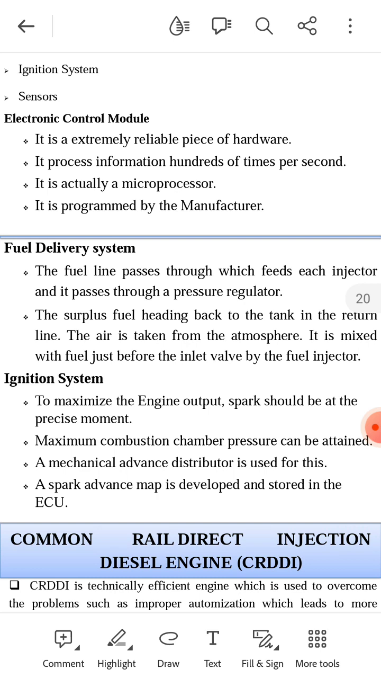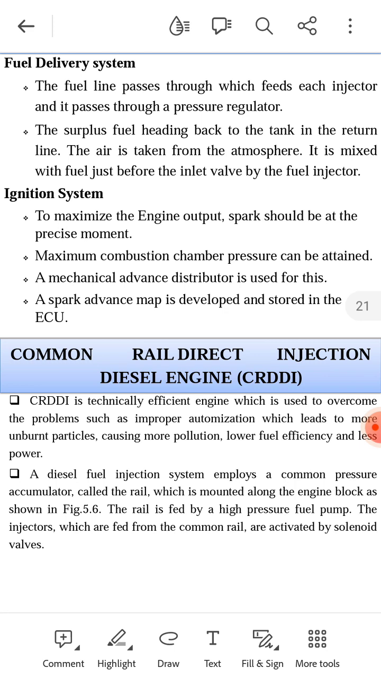Common rail direct injection diesel engine, CRDI, is a technically efficient engine which is used to overcome problems such as improper atomization which leads to more unburned particles, causing more pollution, lower fuel efficiency, and less power. The diesel fuel injection system employs a common pressure accumulator called the rail, which is mounted along the engine